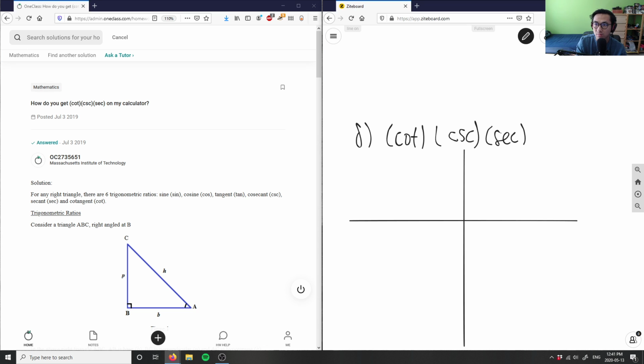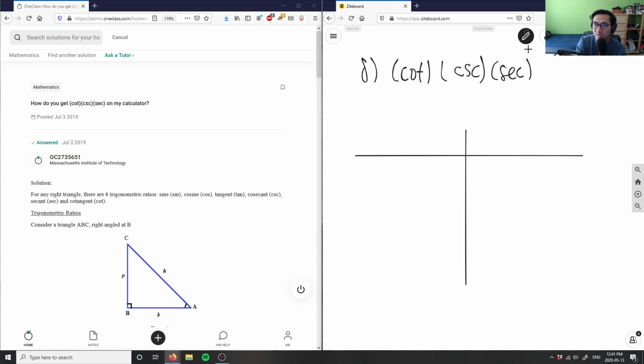Okay, so I have a t-chart here, and basically I have a list of primary trig ratios, and this here would be a reciprocal